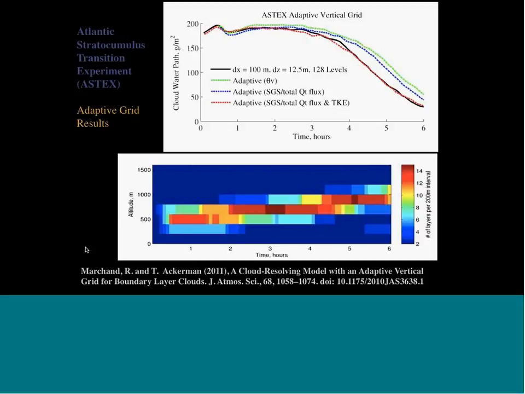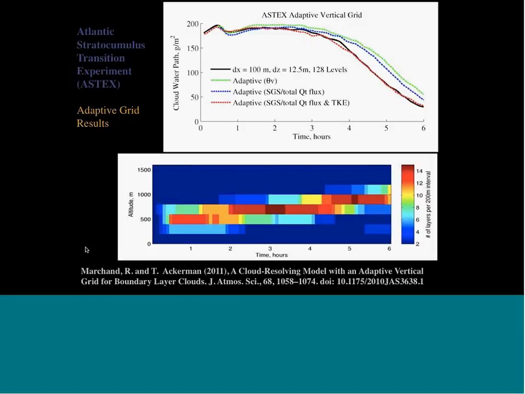And unfortunately, there's no simple or even any, for that matter, set of rules or equations that can tell us where we need levels or what the vertical resolution needs to be. If only that were the case, all our lives would be much easier. So I've come up with a number of different criteria to try to determine where to place these levels. For example, one can just look for putting levels right near the inversion, which is represented here by the green dashed line,